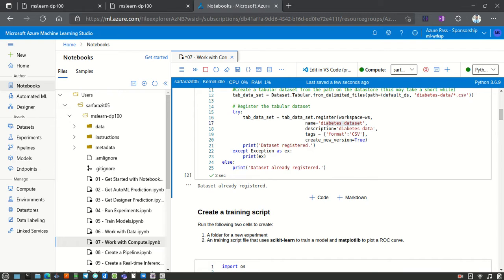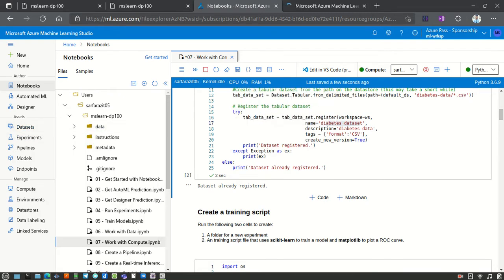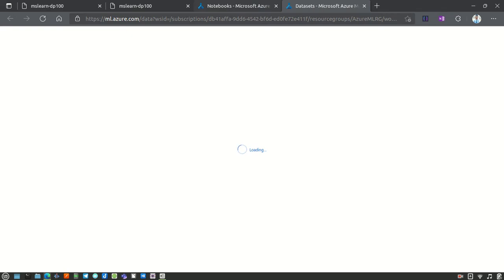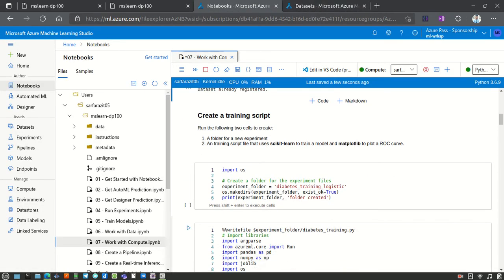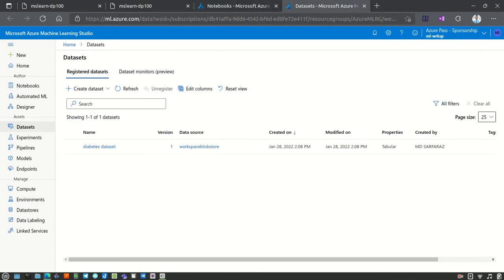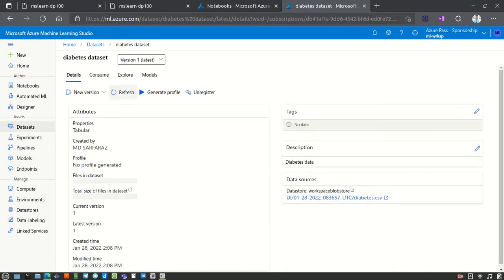So the dataset is already registered. If you open the dataset link here in a new tab, let it load. In the meanwhile, I'll continue to the next one, creating a training script, which will come later. Let's see the dataset now. So here the diabetes dataset has been created. If we click on this, okay,